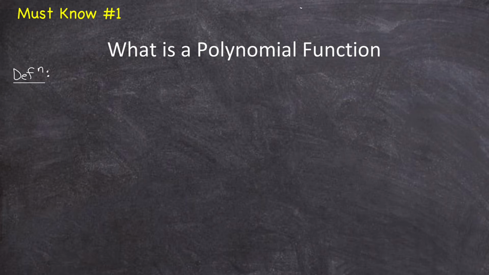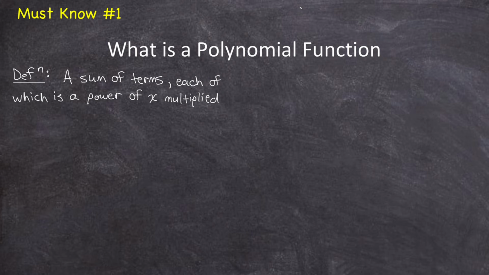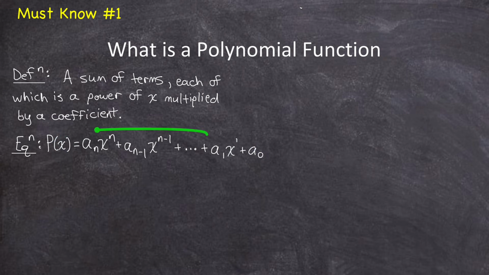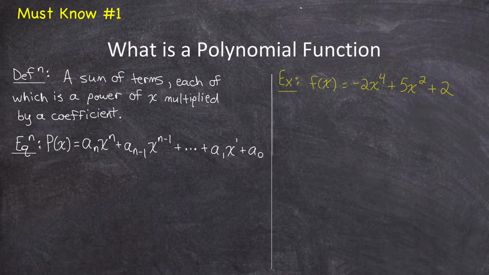A polynomial function is a sum of terms where each of the terms is a power of x multiplied by a coefficient. And the general structure of the equation of any polynomial function looks like this. Now this structure looks difficult, but if I show you a sample equation, you'll see that polynomial functions are actually quite simple. Within each of the terms of our polynomial function, there is a power of x,